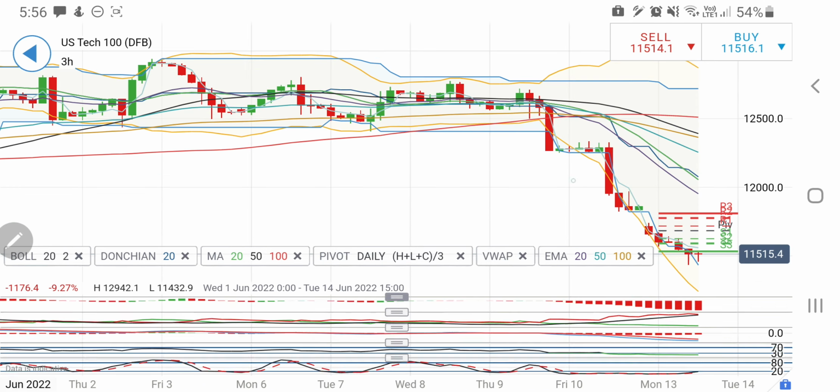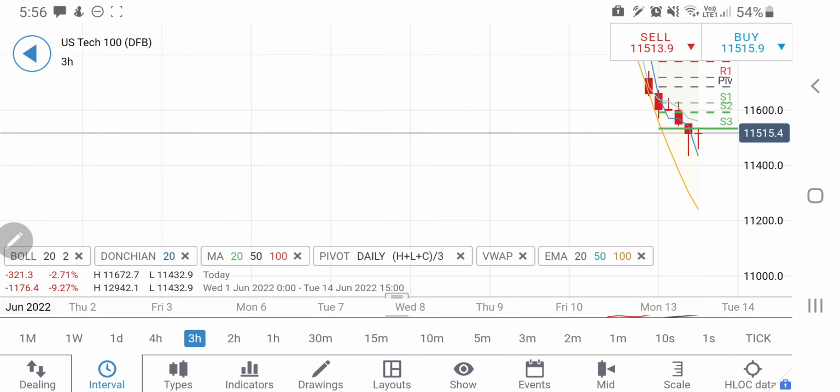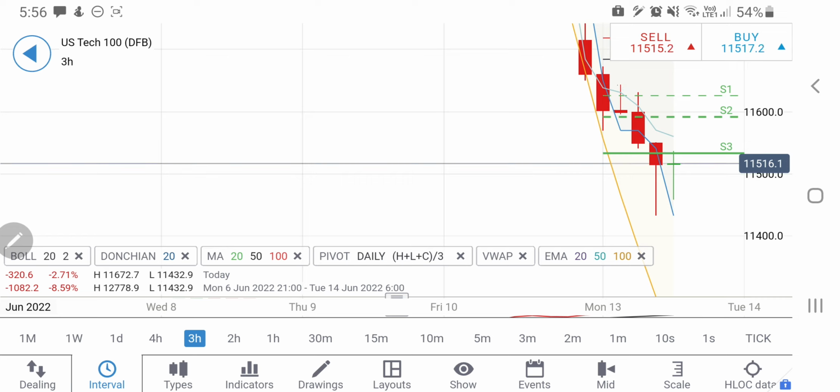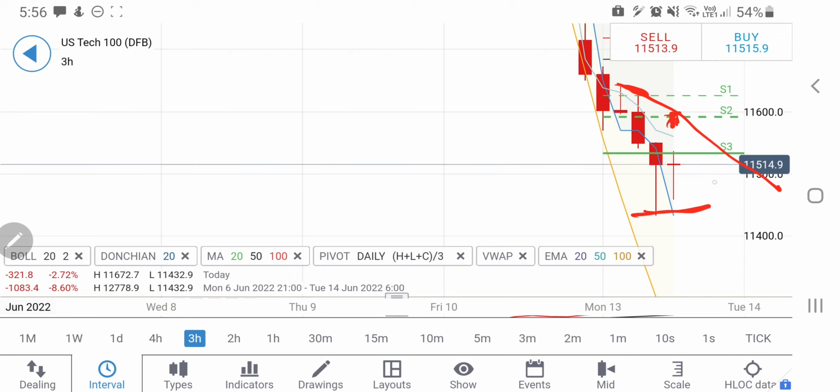And if you look at the 3-hour charts here, one probability is that it can try to achieve these highs at around 11,590-600, which is very much possible and very important, before it looks over to any further drop. At the same time, on the downside, the support there at 11,450 is going to be important. Possibly it can sustain above these levels before it looks forward to any further drop. So yes, these levels on the downside, and on the upside 11,530.